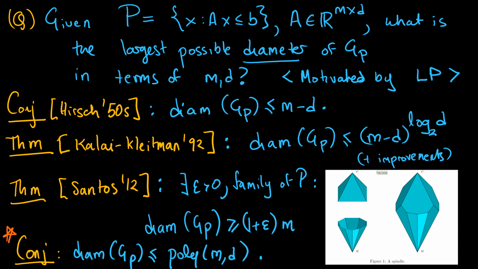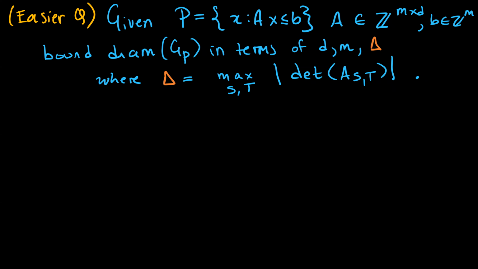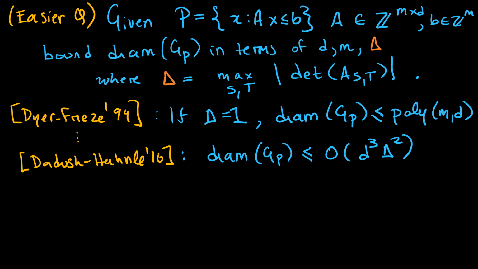So instead, there's a parameter that the literature has introduced in order to make progress. And that parameter is the maximum determinant of any submatrix of the constraint matrix A. In particular, the goal now is to bound the diameter in terms not just of m and d, but also delta, this max det. So two of the important results in this area are, one, if the max det is